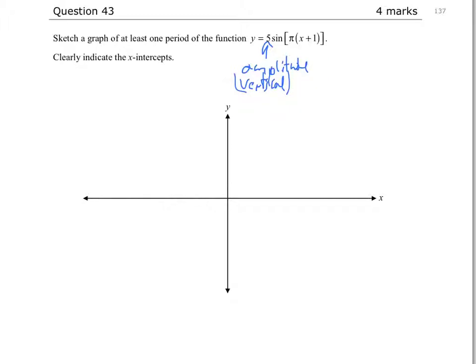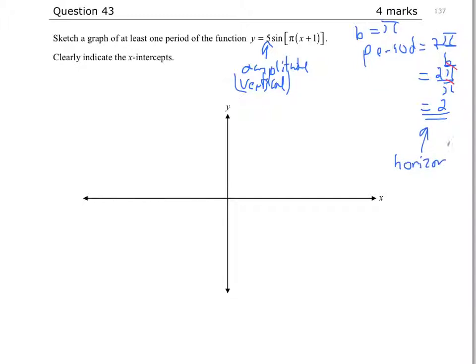The next is b. b is pi. Now we use b to calculate the period. The period is 2 pi divided by b. So in this particular case, it's 2 pi divided by pi. So the pi's cancel, and we're left with a period of 2. So that is the length of one full cycle. It's the horizontal distance